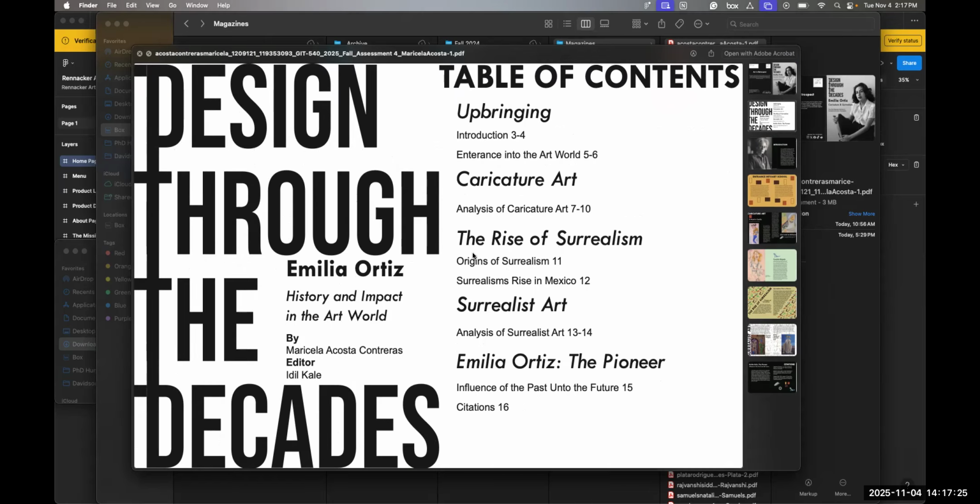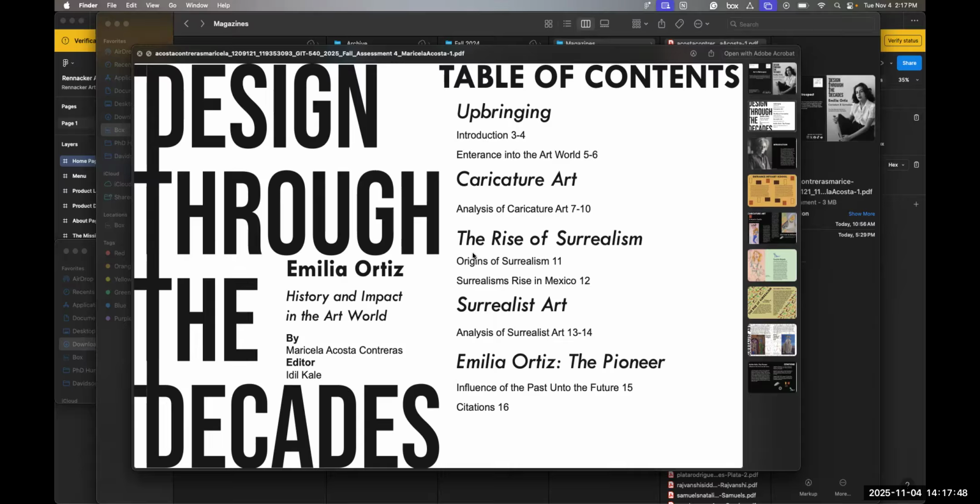Does anyone feel a little uncomfortable looking at the right-hand side? A little bit? Okay. That's because it's so close to the edge. It's like either put it on the edge or get it off the edge. Don't straddle the line. I think the T is sort of breaking the center line too. It might be. Overall, I just think the right-hand page needs a little bit more space, a little bit more